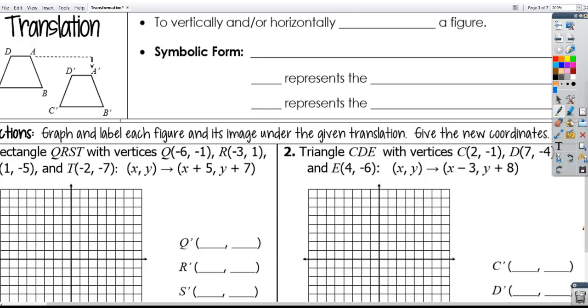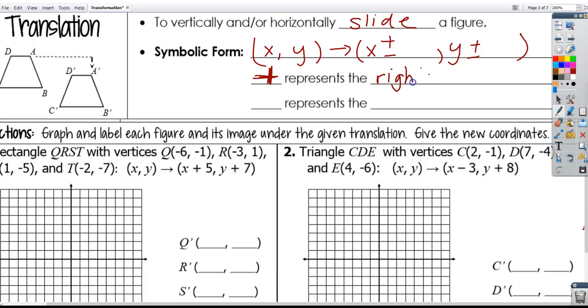All right, a translation is when you vertically or horizontally slide a figure. So your symbolic form is kind of tricky. You're going to have (x, y), an arrow, and then (x plus or minus, y plus or minus). Okay, so your plus sign is going to represent going right for x's and up for y's. And your minus is going to represent going left for x's, and draw a line so I remember,